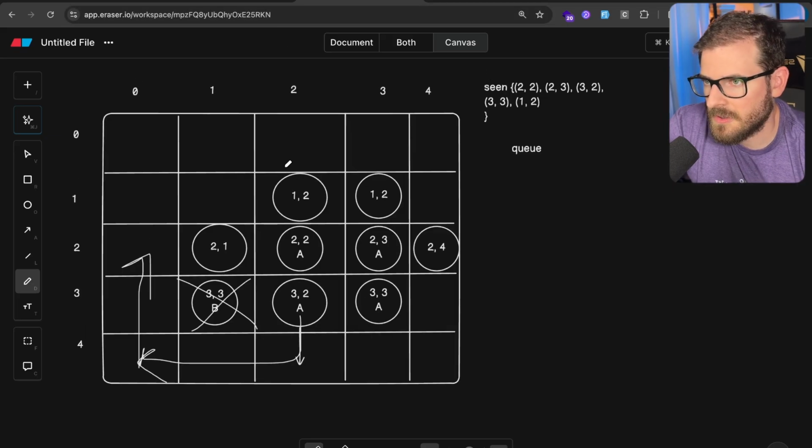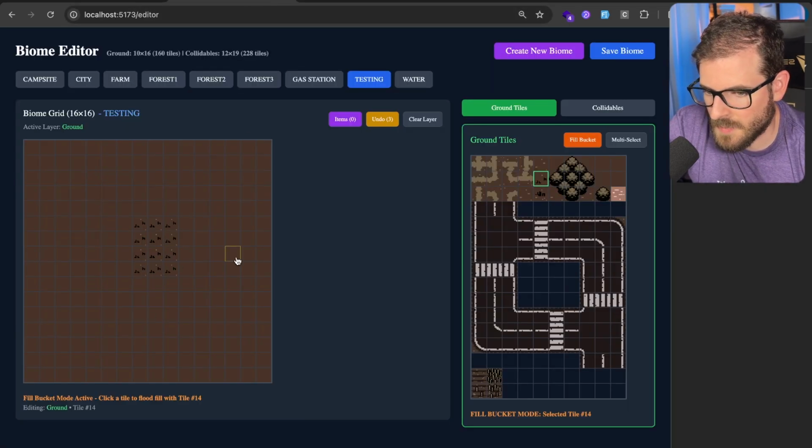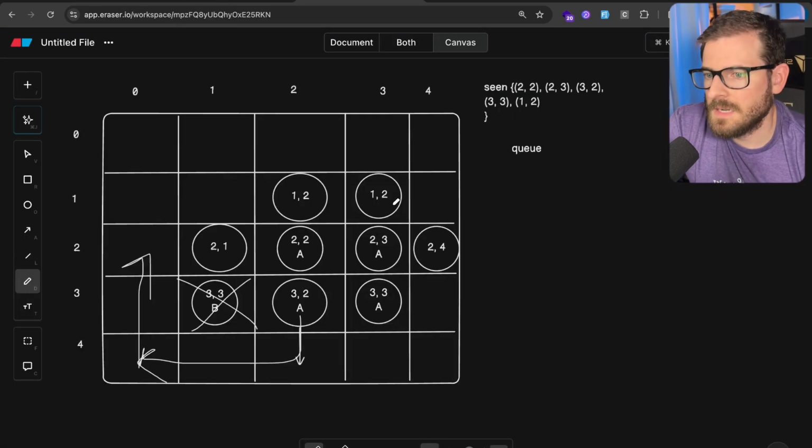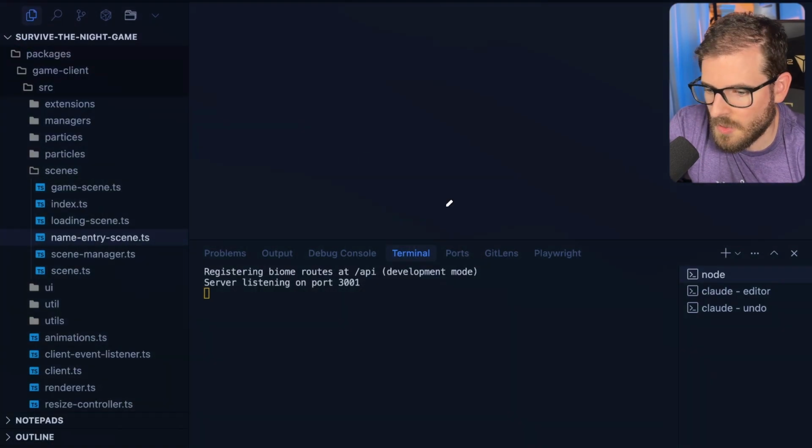So that is the algorithm. It's using a breadth first search. This is called flood fill, and that is what I'm using in this editor. You've probably seen it, the paint bucket tool with like MS Paint or Photoshop. All these other editing tools have this same type of thing. Now let's see if we can actually implement some type of breadth first search in code and hopefully not use